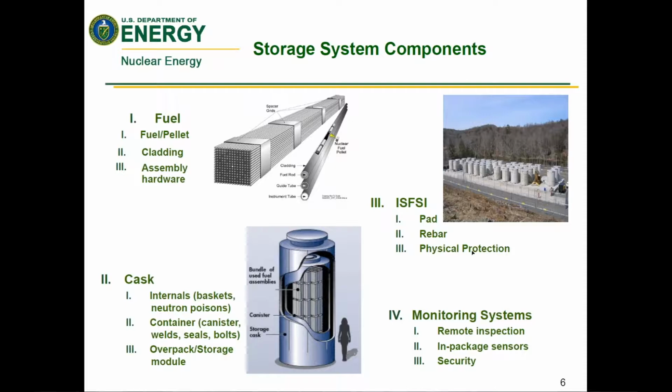On the storage and transportation system, in particular, we're looking at the commercial fuel storage and transportation. And here we have a typical commercial fuel bundle. The fuel bundles are, of course, removed from the reactors, stored in pools for a certain length of time, and then put into storage canisters, which are then set out in the field in storage overpacks, or casks, which look like this, and they're stored in the field in ISFSIs, which are independent spent fuel storage